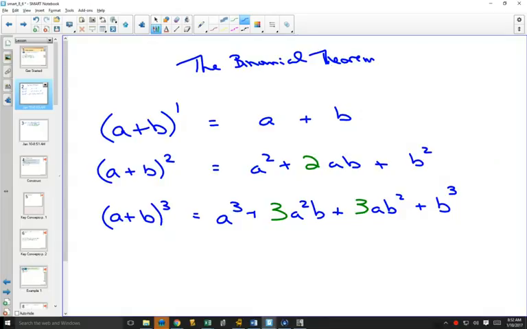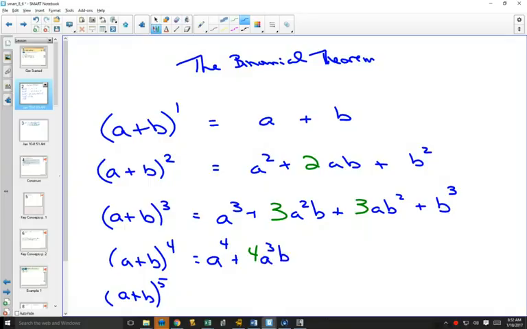And then you could use that result to find a plus b to the 4 and have to distribute all of that. And then we could find a plus b to the 5. But I'm going to get you to tell me what these next ones are without having to multiply it out. What do you think a plus b to the 4 will be? A to the power 4, a cubed b plus 6